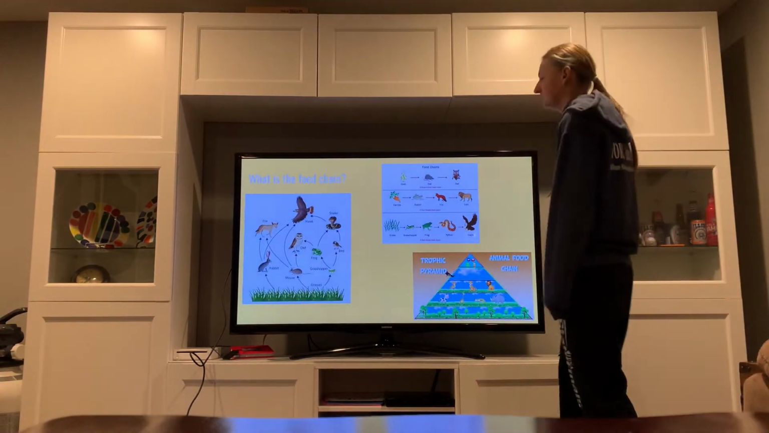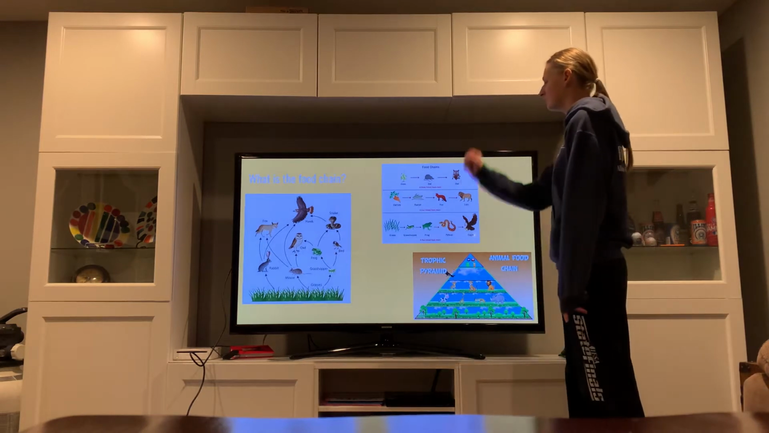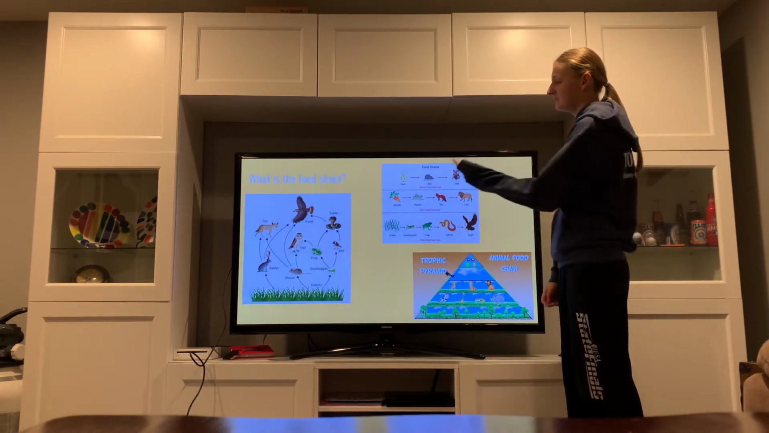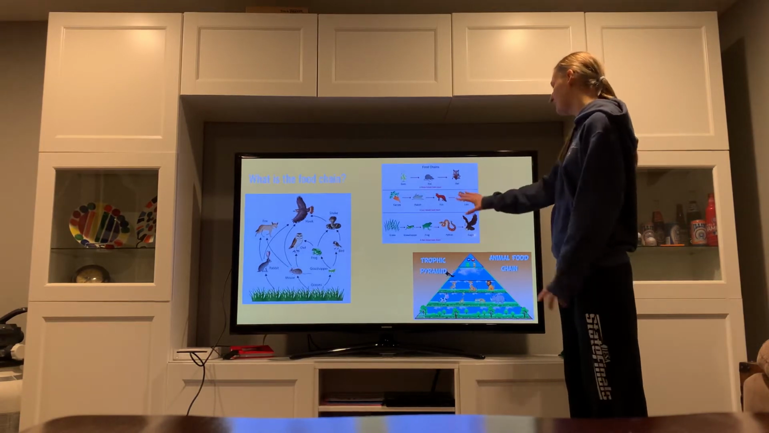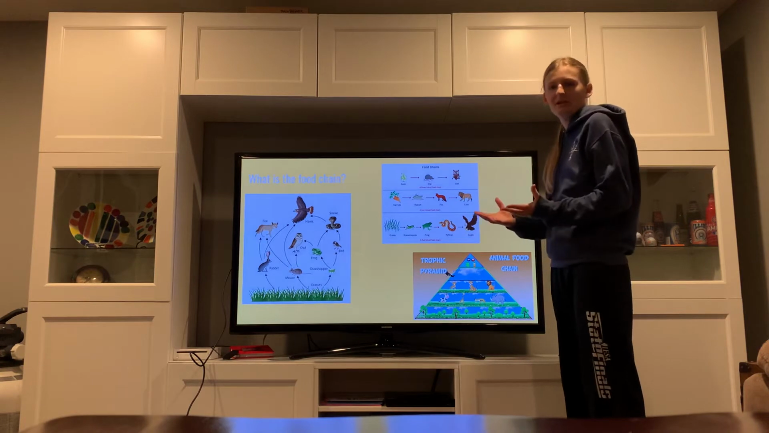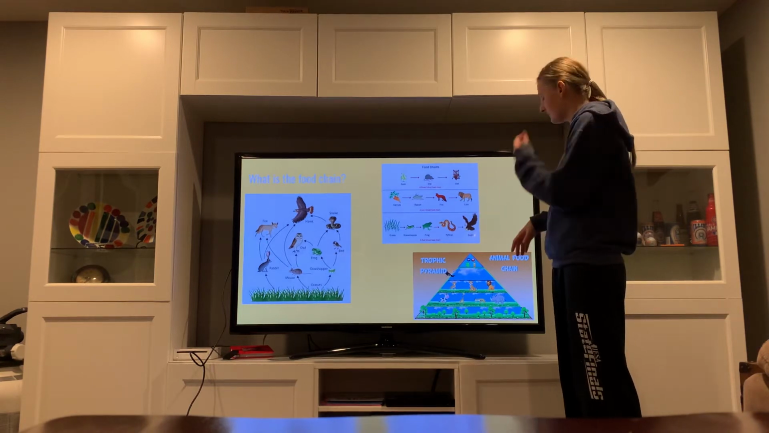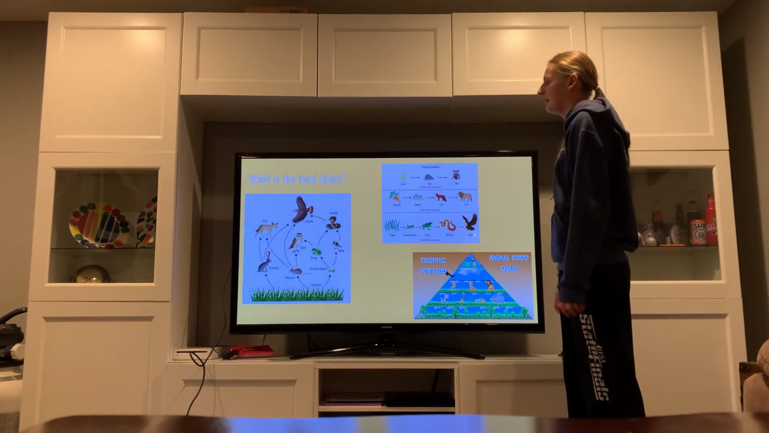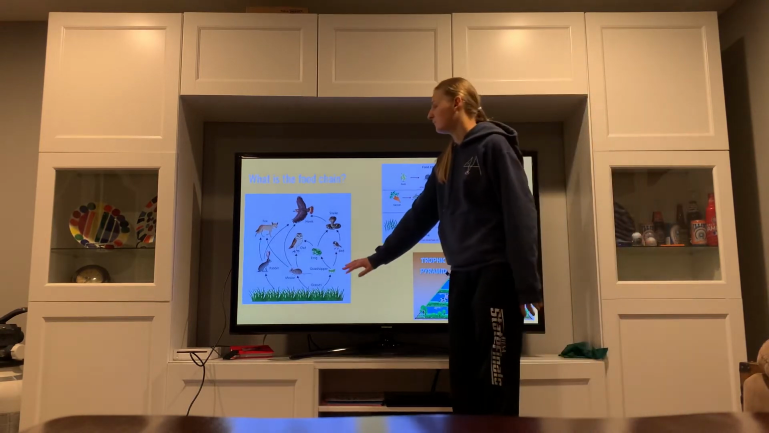What is the food chain? So there's three different pictures here: a food web, a food chain, and a food pyramid. Food chain is a broad topic, and these three elements fall underneath the food chain. So if we start with the web,